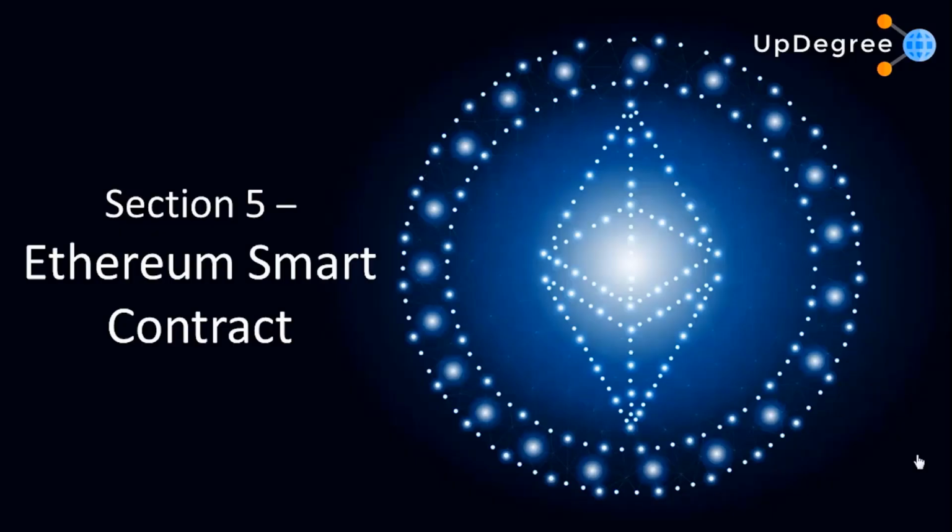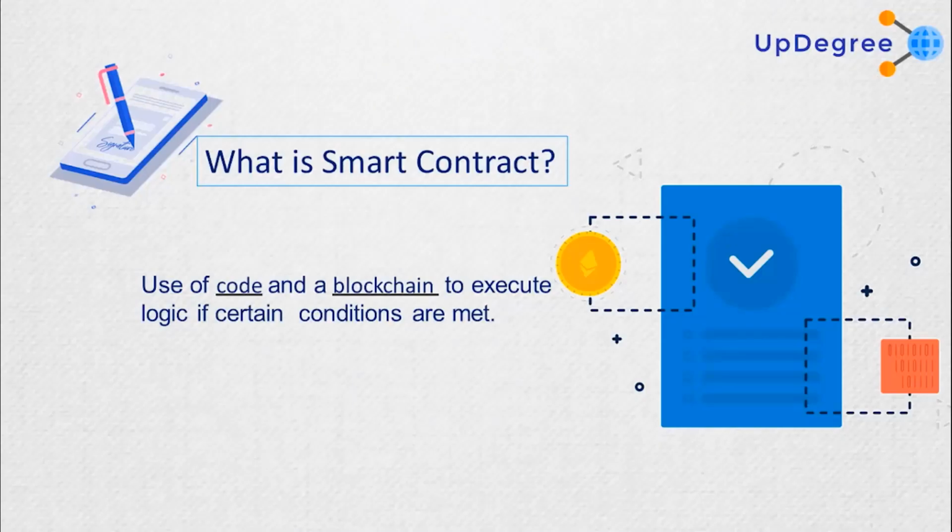Hello, we are in the fifth submodule of Blockchain Advanced, which is called Ethereum smart contract. Let's see a bit of how smart contracts can help in the financial organization. So what is a smart contract? As I explained in the previous slide, it's actually the use of software code and a blockchain to execute legal contracts in a consensus mechanism where conditions are met. So it's simple software code to have legal contracts or any other contract between two parties